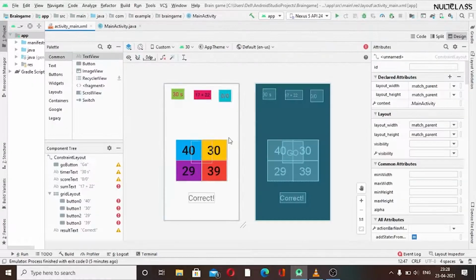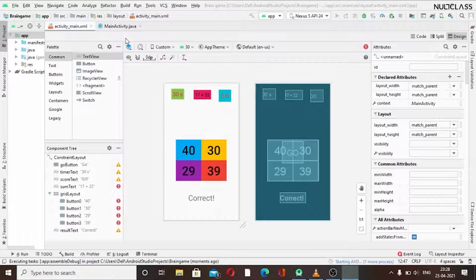As we are done with this, let's give it a run so that we can see whether all these things are visually appearing on our emulator or not. Okay, till then we will see. So the emulator has started. We will see that here.